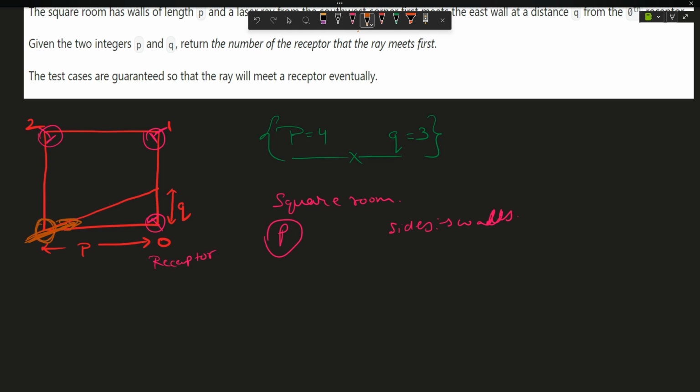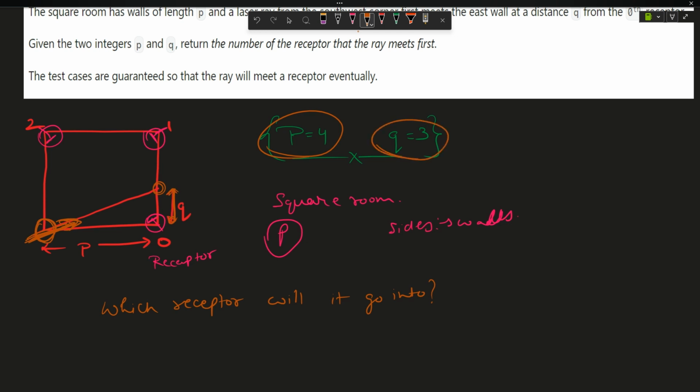Now the question says, suppose you throw a light from this particular corner, and it touches this wall at a distance q from 0. You will have to tell me which receptor it will intercept with. The question is, which receptor will it go into? Remember, these are mirrors, so the light will just reflect off them. You are provided with the input